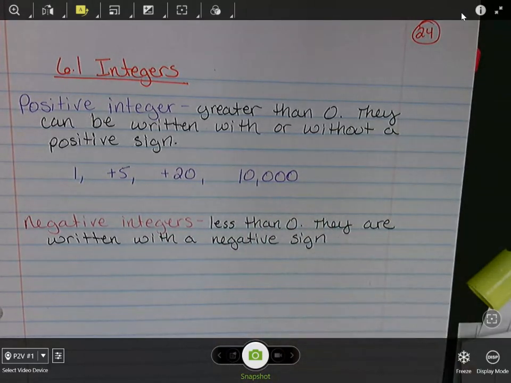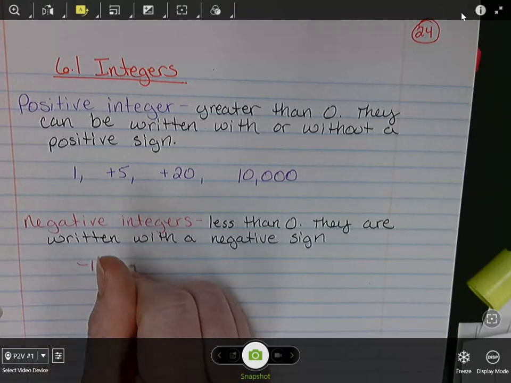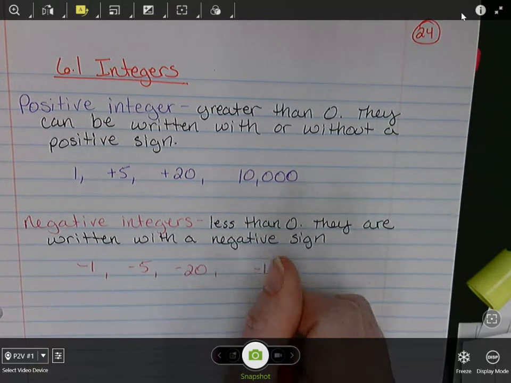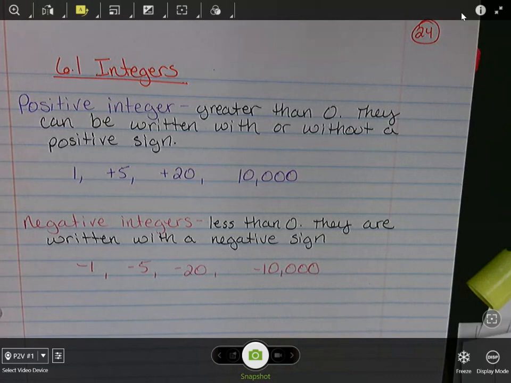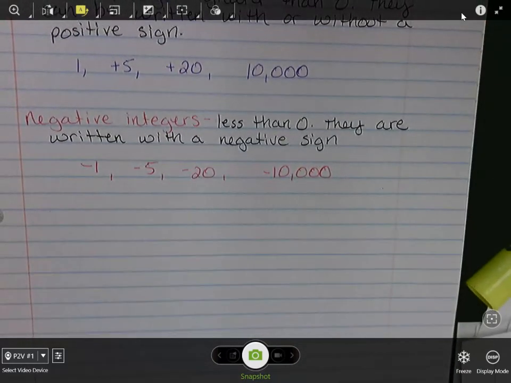Okay, so for instance, we have negative 1, negative 5, negative 20, and negative 10,000. Those are all examples of negative integers. Okay. All right. Something else we'll discuss